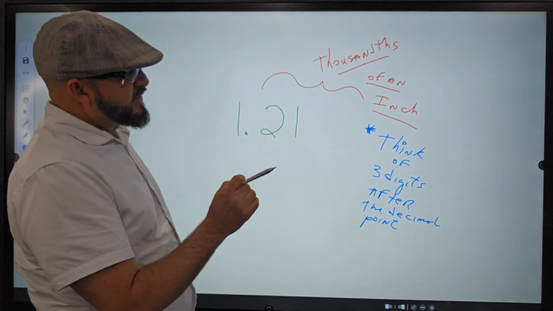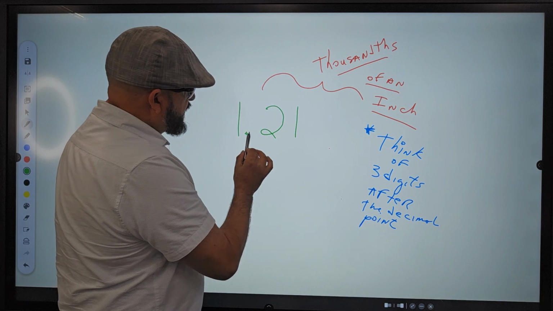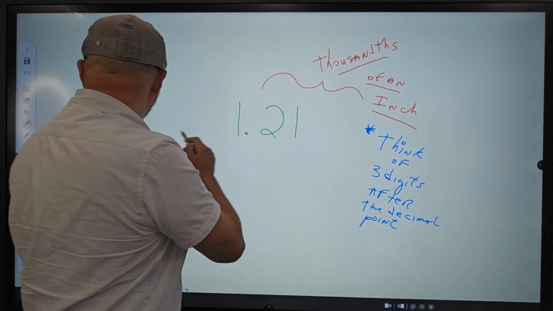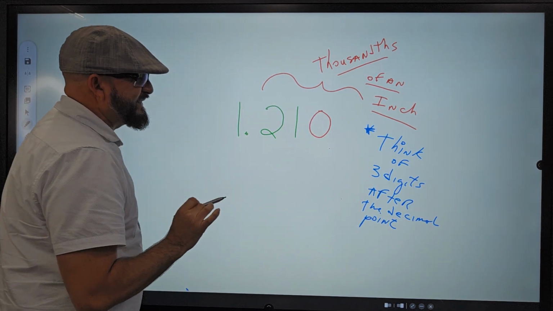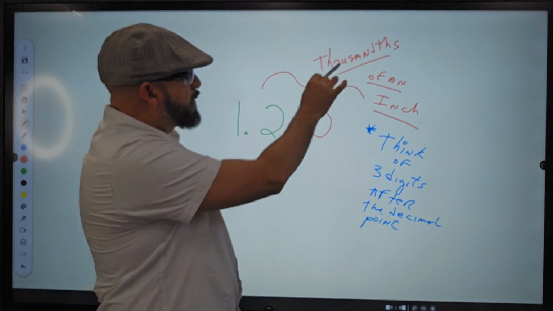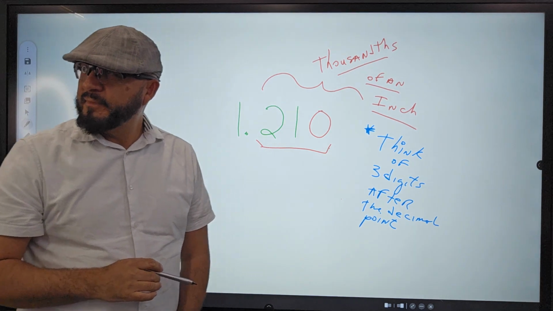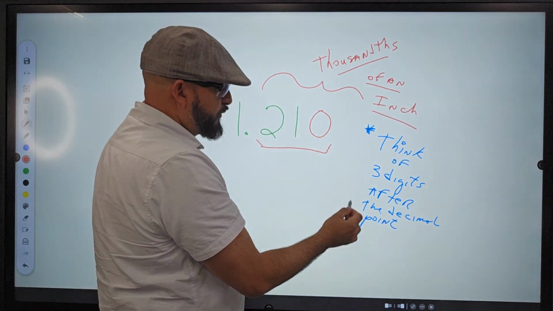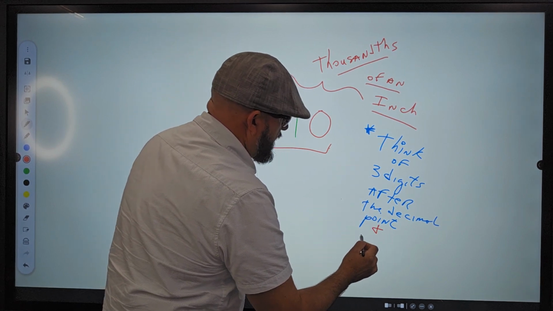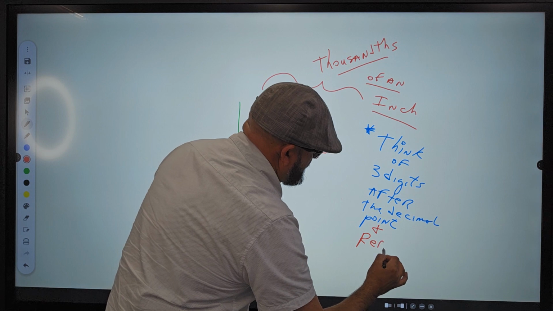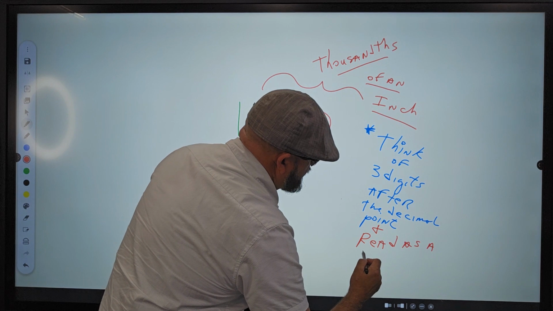All right, so what's the rule? Think of 3 digits after the decimal point. So you have 2 digits, you need 1 more. So I'm going to add 1 more, and you add a 0. Now it makes it easy because you're going to read this not as 21 thousandths, but as 210 thousandths. Okay? So I'm going to add a little bit more to my rule to make it clearer. Think of 3 digits after the decimal point and read as a 100